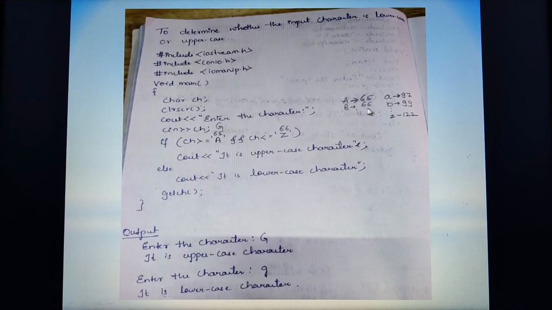Here it might be 97, so around 96 somewhere the capital Z would end. So it will fall within this range, therefore it will be considered as uppercase.